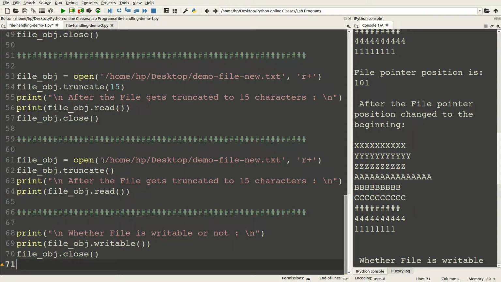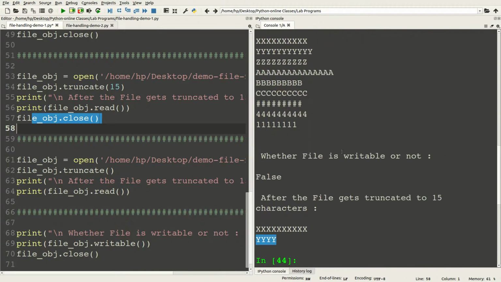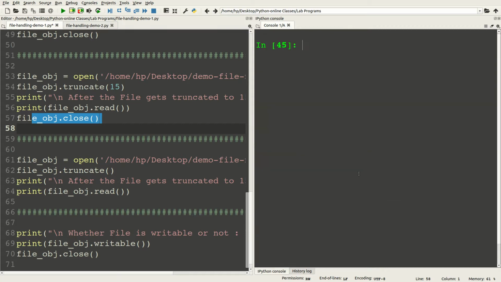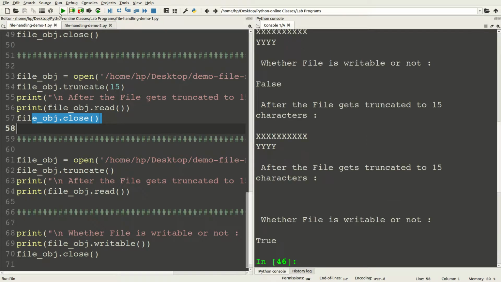You can observe I am opening the file in the read write mode again, because I have already closed it. So I am opening it again and I am going to truncate it without passing any argument. So obviously it is going to delete the entire contents of the file. Then I am going to simply check whether it is writable or not. So let us see what happens. I clear the console. I run the program. You can observe,